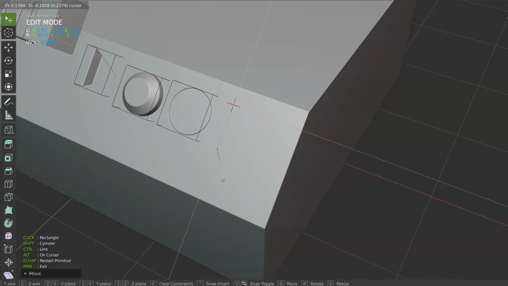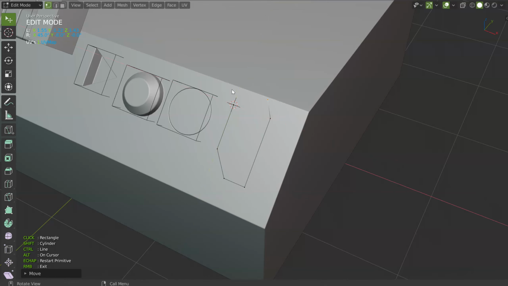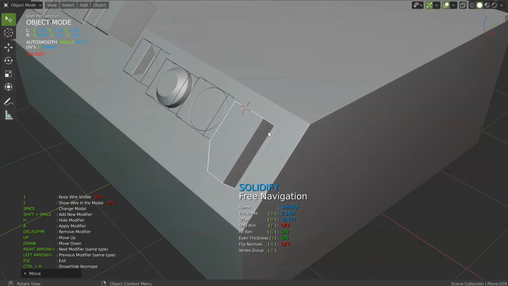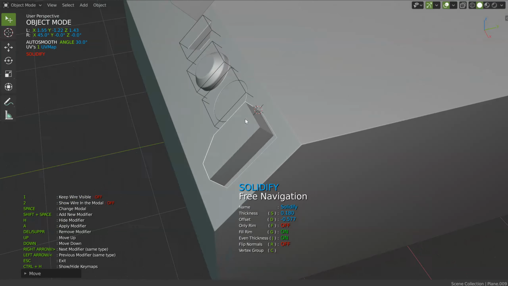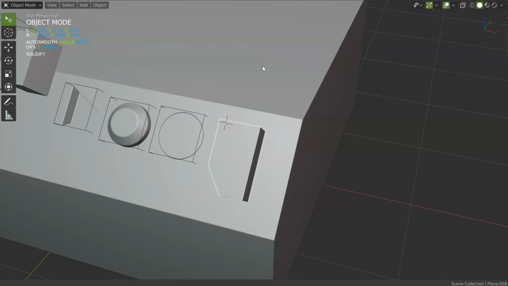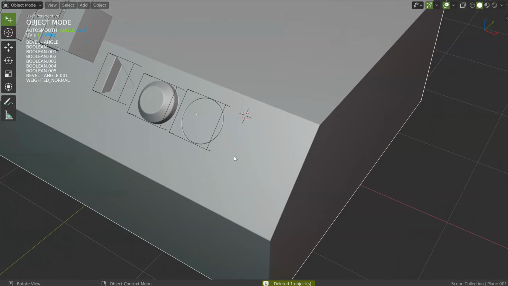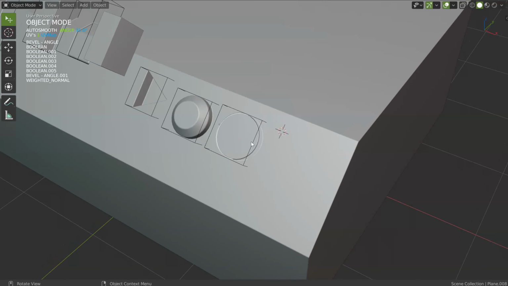Middle mouse button, move, middle mouse button to constrain on the axis, or I can press X, like that. Y, I will click here to move it, and I need to add a last one, and space. And I need to change the direction, because the direction of my face is not correct. Okay? If I place it correctly, I will have the direction correctly, but this line is a little tricky, honestly. This is not the one I like the most. It's not as good as I would like right now.